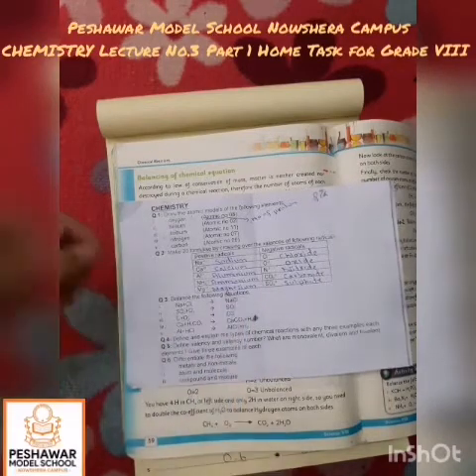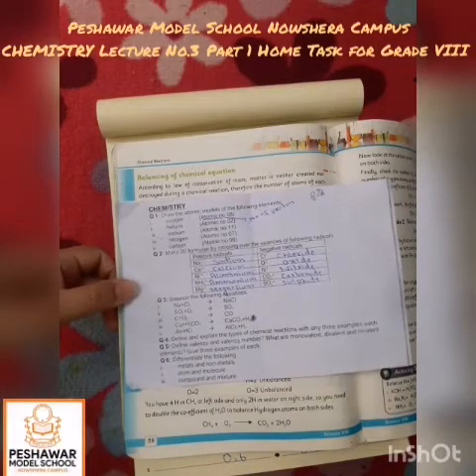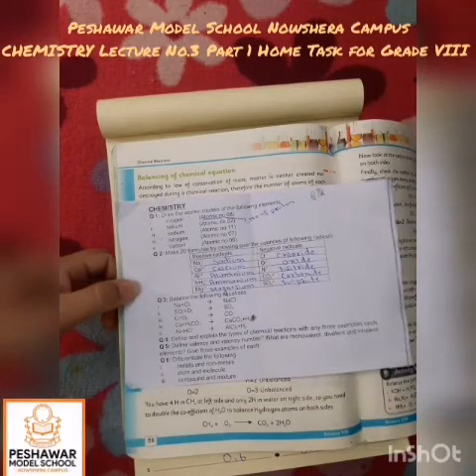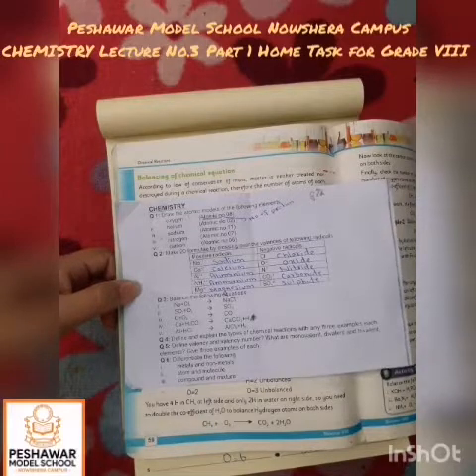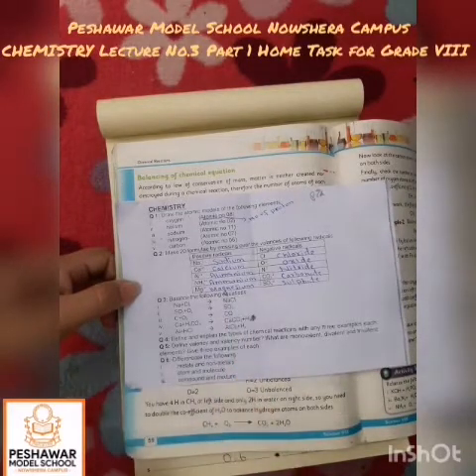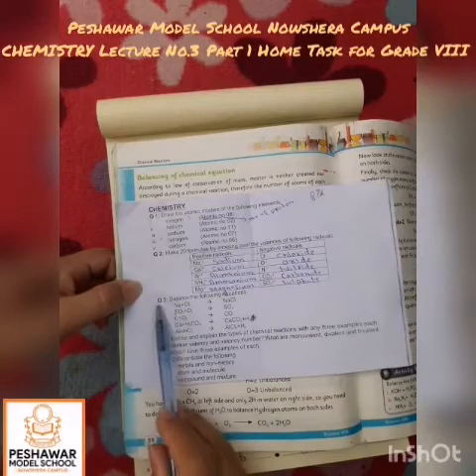Okay, now what is meant by an equation? It is the representation of a chemical reaction, like we represent elements by their symbols and compounds by their chemical formulas. Similarly, we represent a chemical reaction by its equation. Okay, what is meant by a chemical reaction? It is a process in which new substances are produced, like equation number